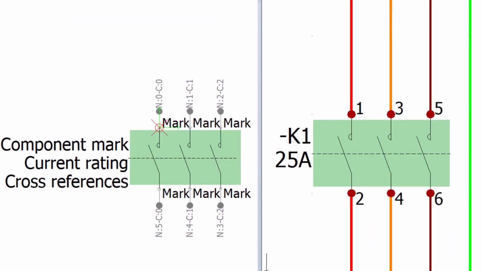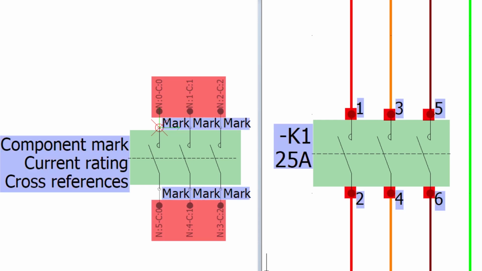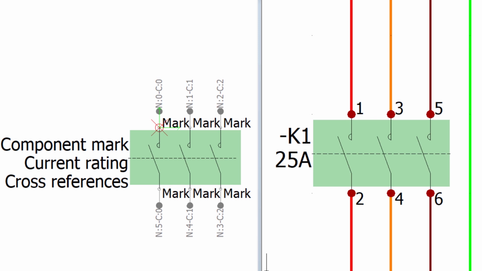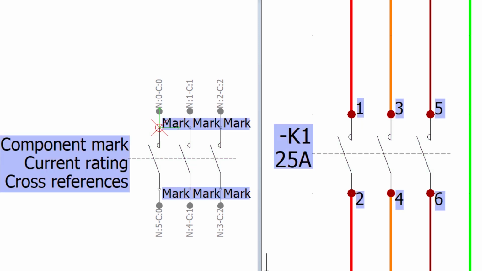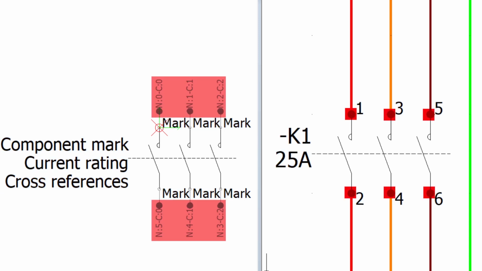The symbol is comprised of 2D lines, attributes, and connection points. The 2D lines define the symbol shape and its size. Attributes allow us to see specific properties, such as component mark, once the symbol is inserted on the drawing. The connection points give the software the intelligence to assign the wires equipotentials and to cut the wires when we place the symbol.